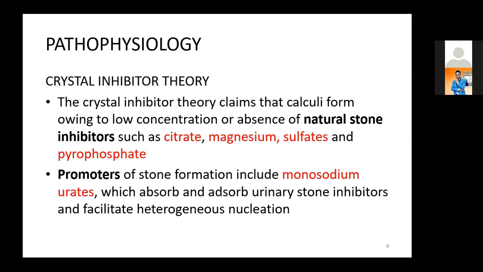So these are stone inhibitors. Ideally we would all be forming stones, but because we have these in our urine, they inhibit the stone formation. And we also have those that we think are urine stone-forming promoters, and they include the monosodium